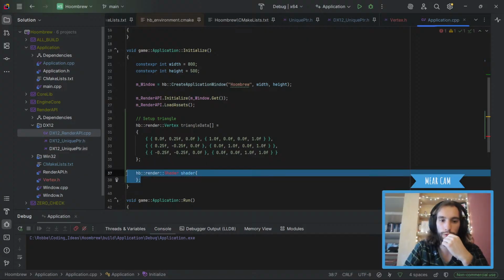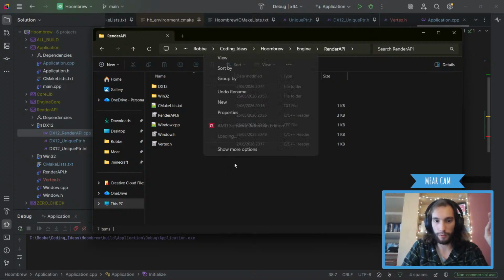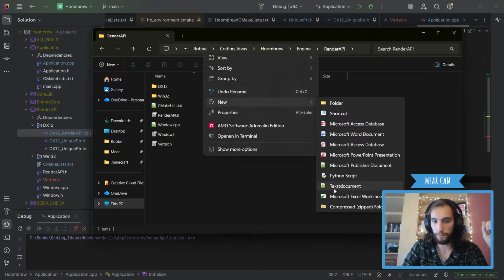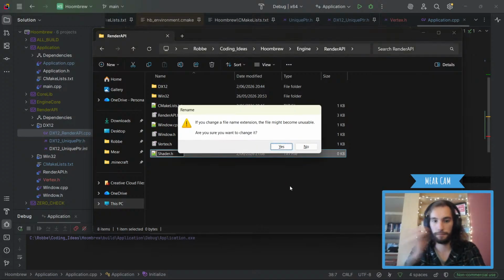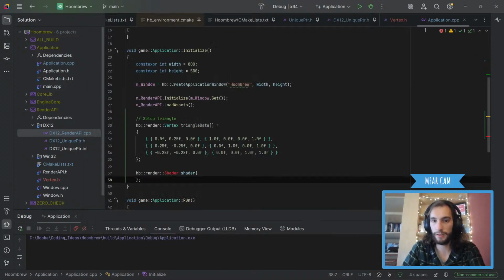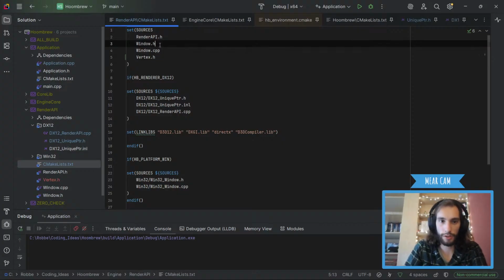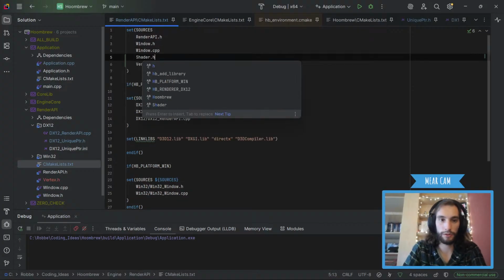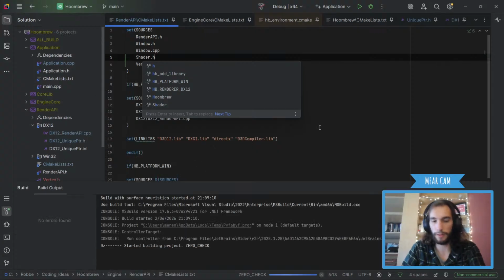Okay, so how we're gonna do creating that? First of all, we need, again, just a normal file in here. So do new text document. Let's call it shader.h. Yes, I'm sure. Good. Okay, so we got our shader in here. We can close this. And then we might need to make a CPP file for that in the future. For now, let's just do a shader.h and rebuild. Okay.